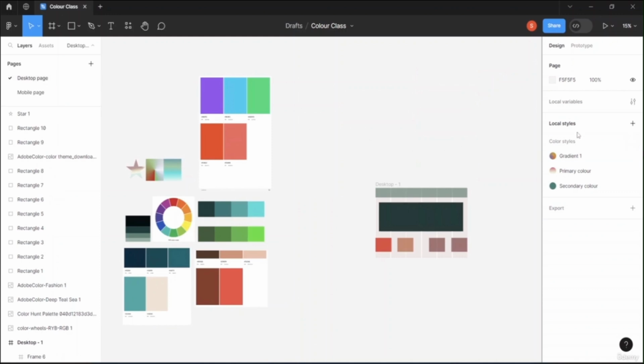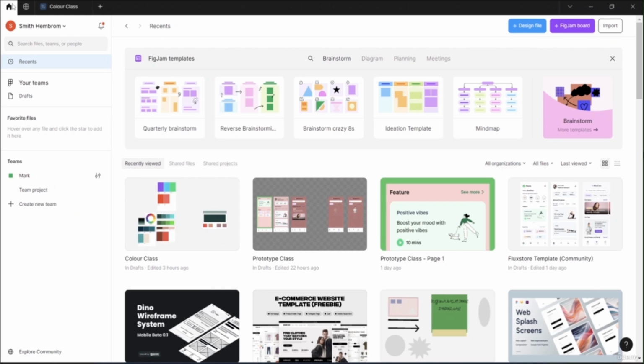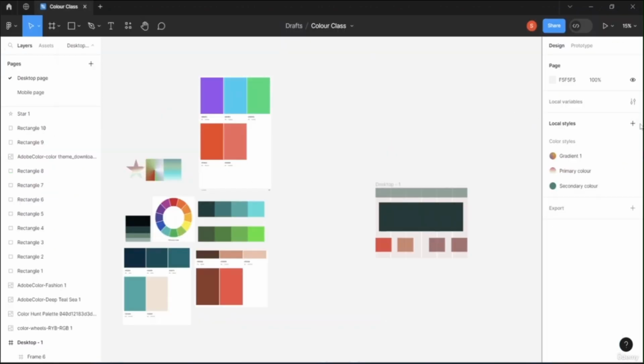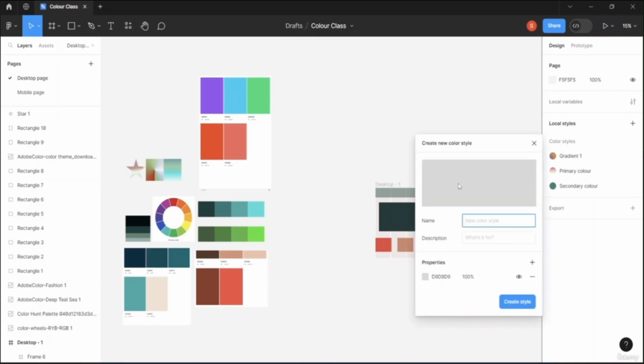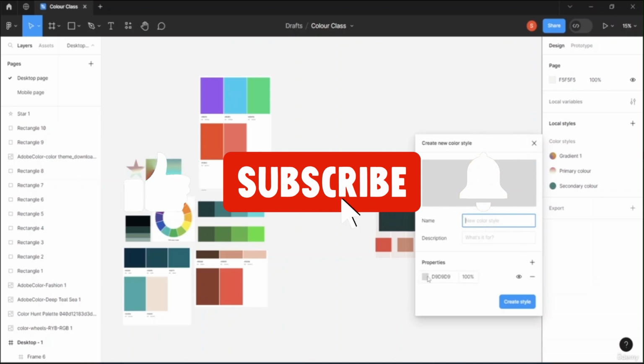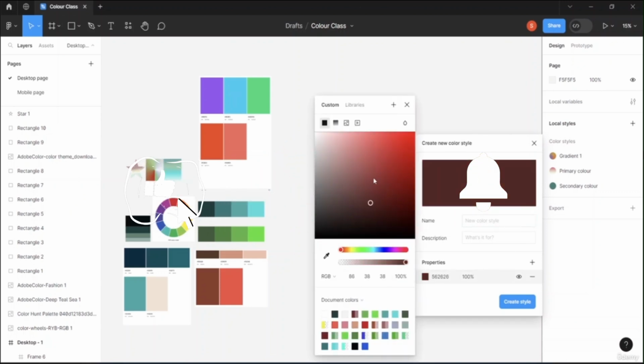Suppose now I am in this page, but I still have my particular color styles here. As you can see, I have the color styles here as well. And also manually, you guys can come up here and create a style. Okay, let me create a color style, or I have this option. I'll directly go to how to create a new color style. I can select the color from here. Suppose I want to save this and I want to name it